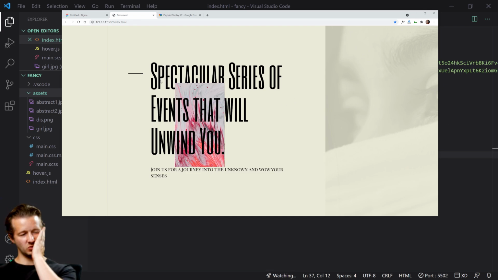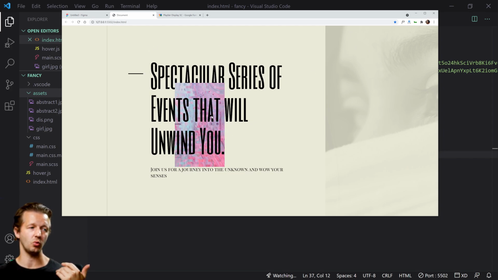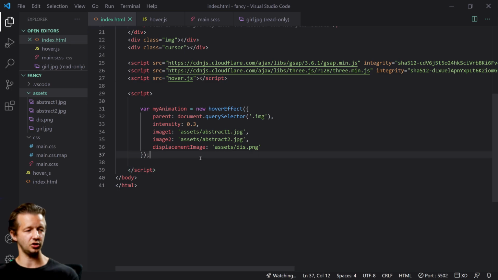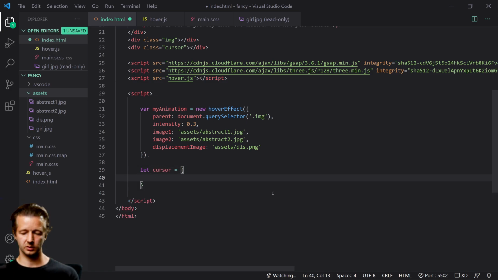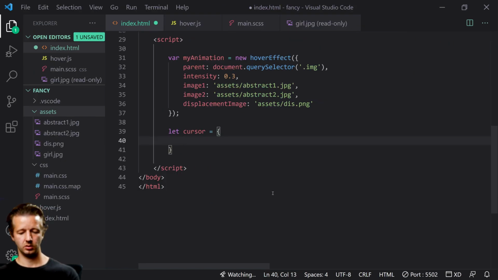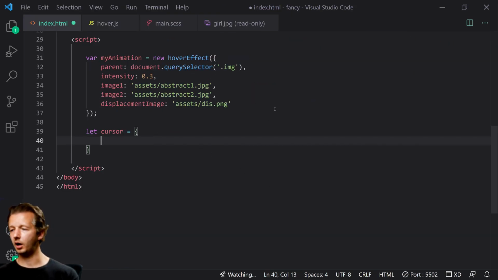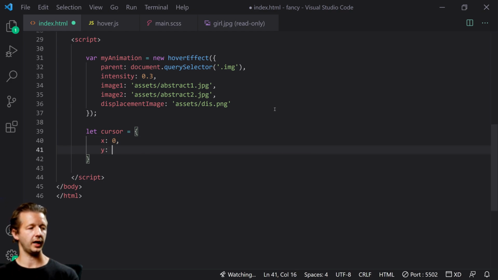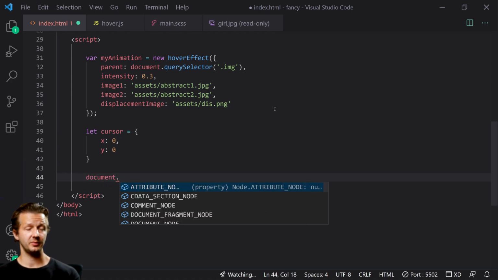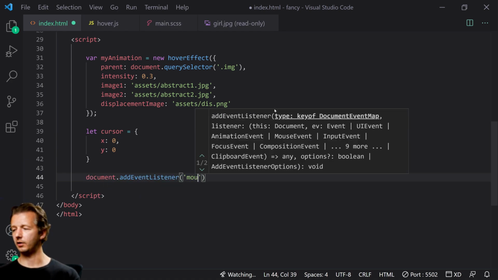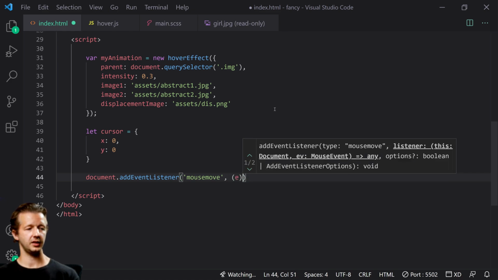Now let's make it so that when the mouse is moving, this will have some movement along with it. A lot of these trendy sites do that sort of thing. So what we'll do is we'll say let cursor, because we have to get the cursor position, equals, let's beef this up a little bit. There we go. Like cursor, X is gonna be 0, Y is gonna be 0. And what we'll do is on the document itself, we'll add an event listener of mousemove, pass in the event,